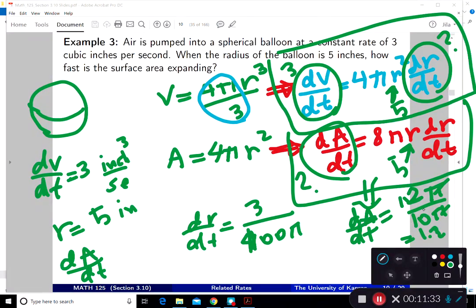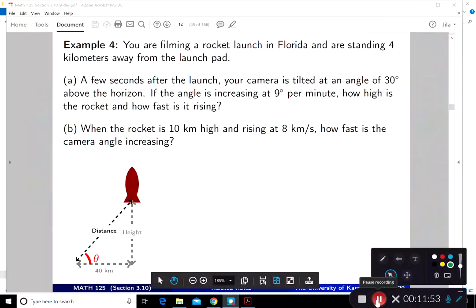And what is the unit for this? The unit for this is inch squared divided by second. And this one was inch per second. Another question that is very helpful. Let's say you're filming it